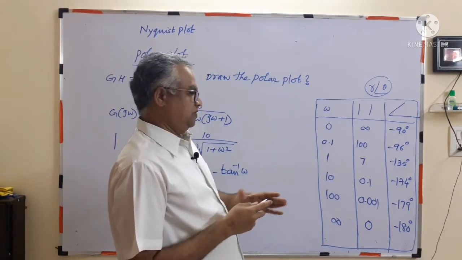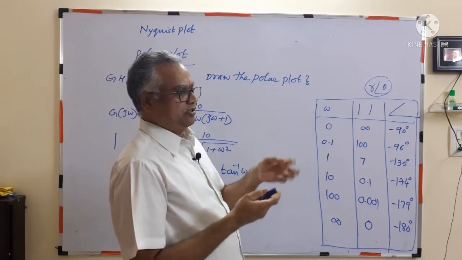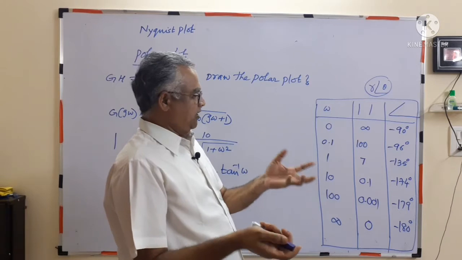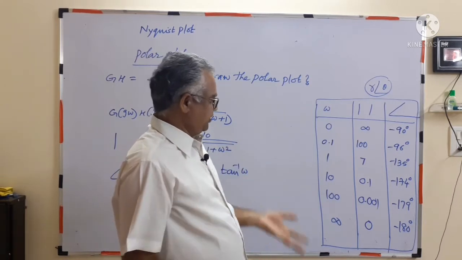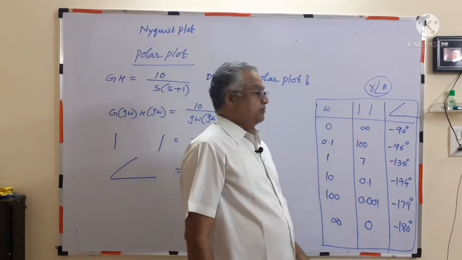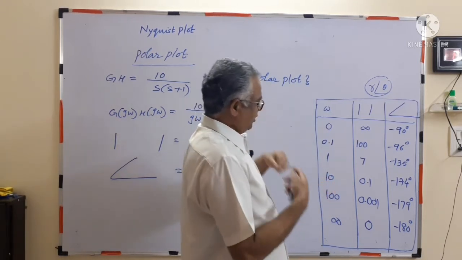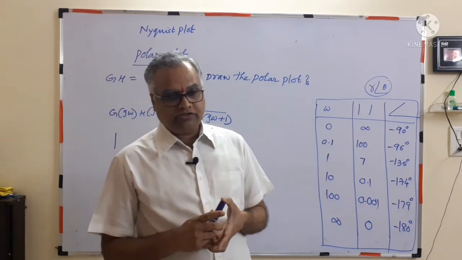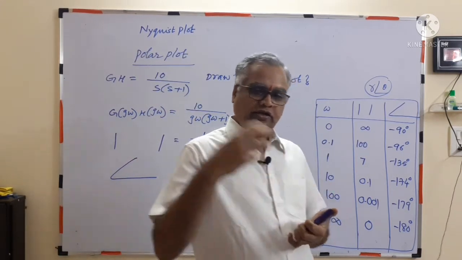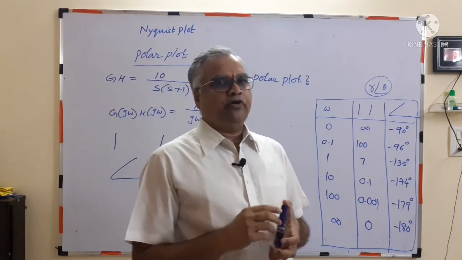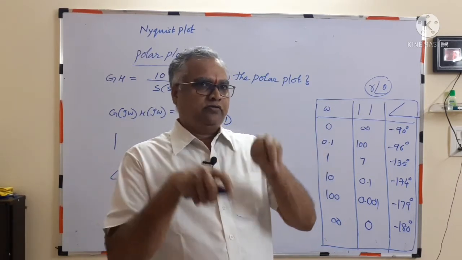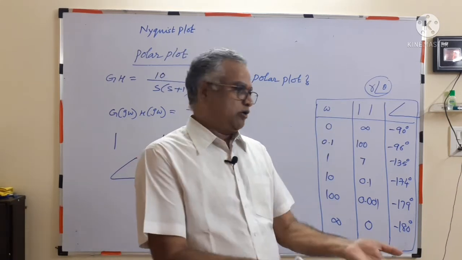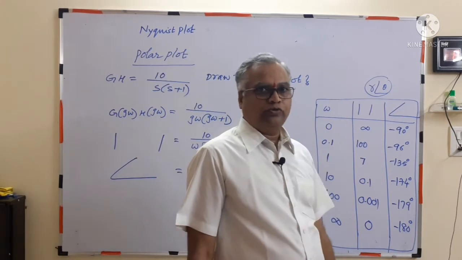For the Nyquist plot, after selecting the Nyquist path, section 2, section 4, we spend a lot of time. After that, what we get is this only. But if we directly do it this way, why the encirclement, why -1, all those things, we don't know. That theory is obtained from the Nyquist principle of argument. But after all the struggle, whatever Nyquist plot we got is nothing but the polar plot. You can obtain it like this also.